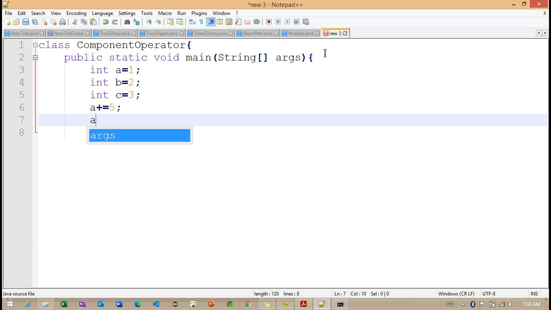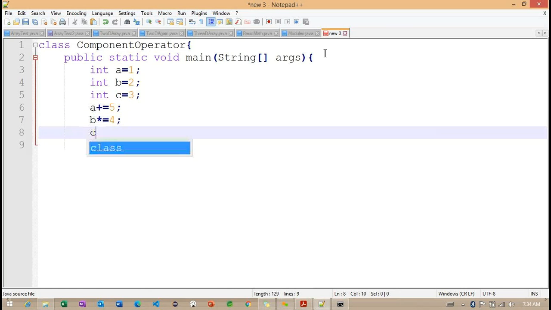And b multiplication is equals to 4. Getting the point. And for c, now what I'm doing? Observe here, I'm trying to define it differently. I'm working with the multiplication operator here.